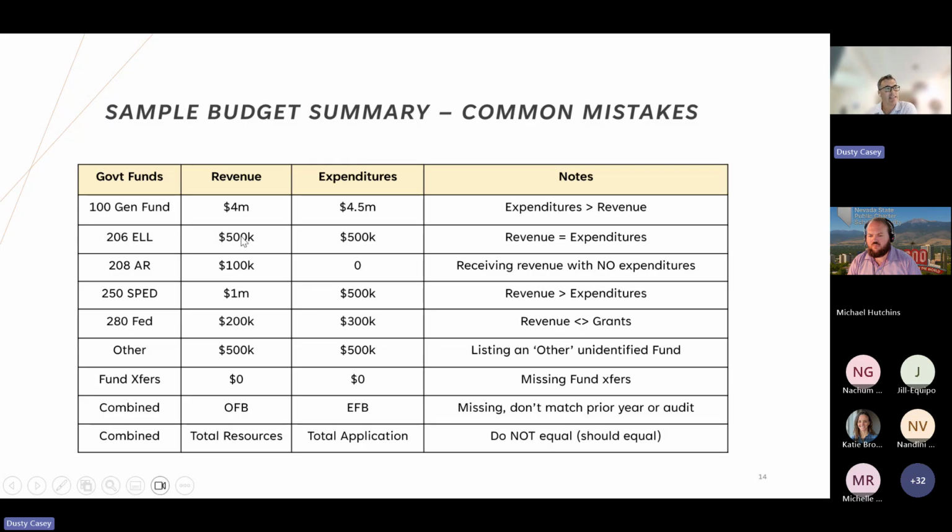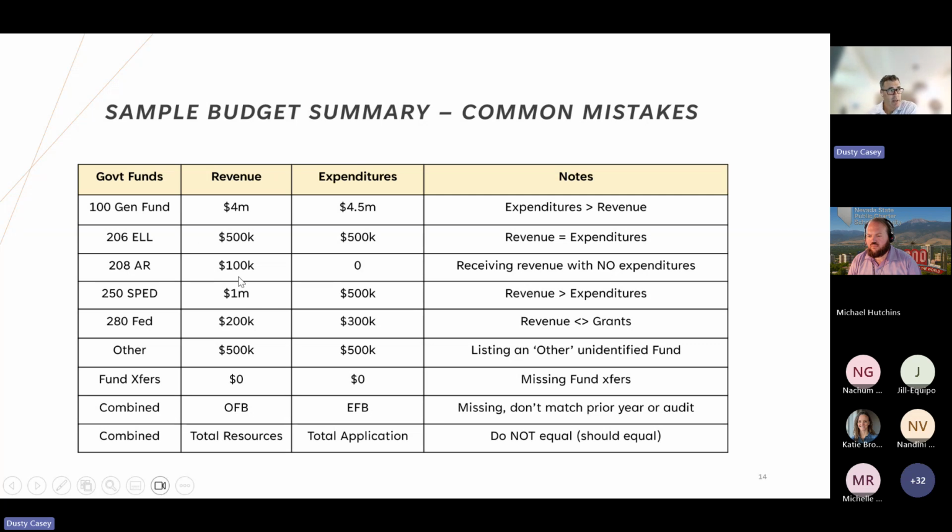Next, you'll see this ELL line where they match. This goes back to an earlier conversation we had, where it's like, it's not a grant, right? So this is a big red flag for me. When I see ELL, at-risk, special education, GATE, when I see revenue and expenditures match exactly, that tells me that you're treating it as a grant. And I mean, think about it. There's no way it's a coincidence that you spend dollar for dollar and it just so happens to meet your revenue. So this goes back to that appropriation versus grant